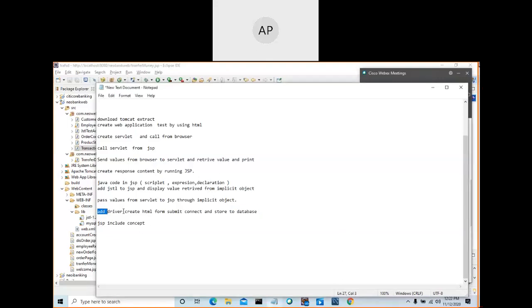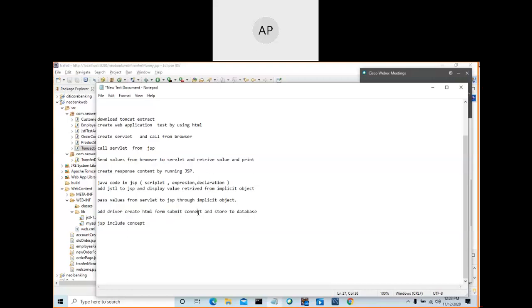First, you need to add the driver to your project. If it is not added, then create an HTML form to retrieve the value from the user, whatever he wants to enter, and click submit. Then it will go to the servlet. From the servlet, you retrieve the value from the request parameter, and then you pass that value to the DAO class which we are writing, and store it to the database by using a prepared statement and show the result in the browser, whether it is successful or failure.